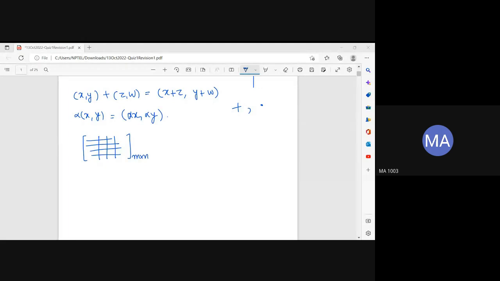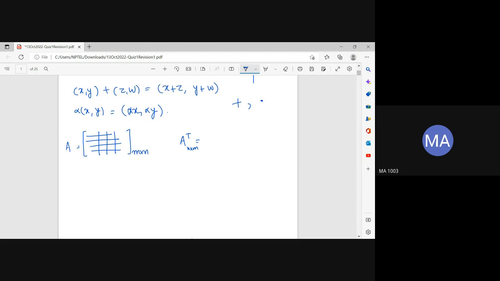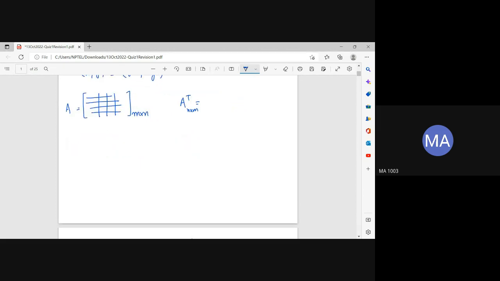And what is the transpose of a matrix? Rows into columns. The rows and columns get interchanged. The transpose of a matrix will be of order n cross m, and the rows become the columns of this matrix, and the columns become the rows. We add two matrices component wise. We do scalar multiplication on matrices component wise, and then